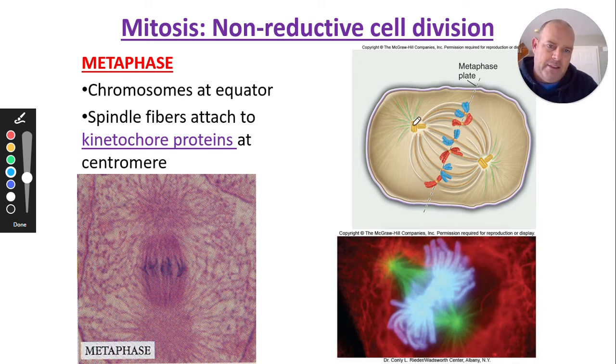Okay, and then these little yellow guys right here are supposed to be the centrioles, which are kind of the anchors that the spindle fibers are attached to, and it gives them something to pull against to separate the DNA. Okay, and it says right here the spindle fiber is attached to kinetochore proteins in the centromere. I'm going to show you that picture here in a second.